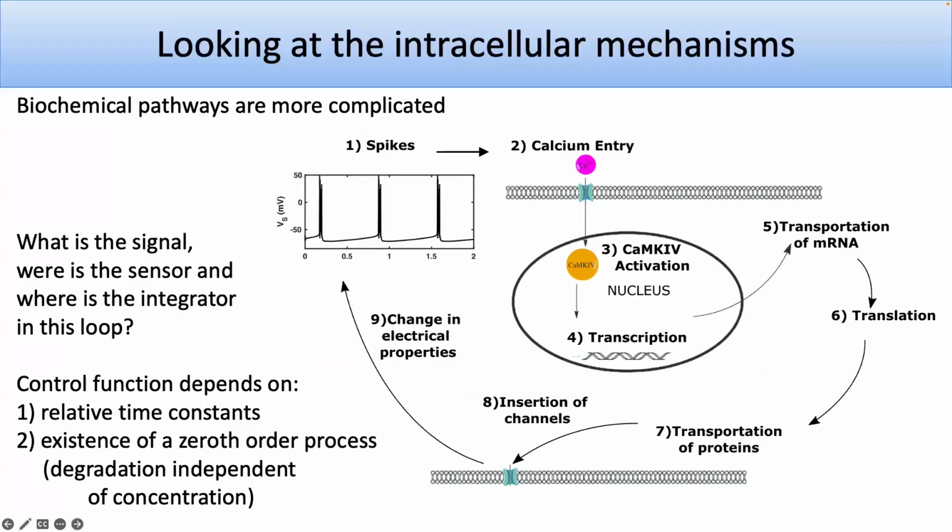Anytime you do biology and this is not your area of expertise, only measuring this molecule in this experiment, it's a huge simplification, right? But even the simplified model looks kind of complicated. The idea is, how could this be operating in a cell? You have neurons producing spikes, and the spikes are spikes of voltage. But when the voltage goes up high, for example, calcium will enter the cell body because there are voltage sensitive calcium channels. And I kind of think of that as a filter of the voltage.